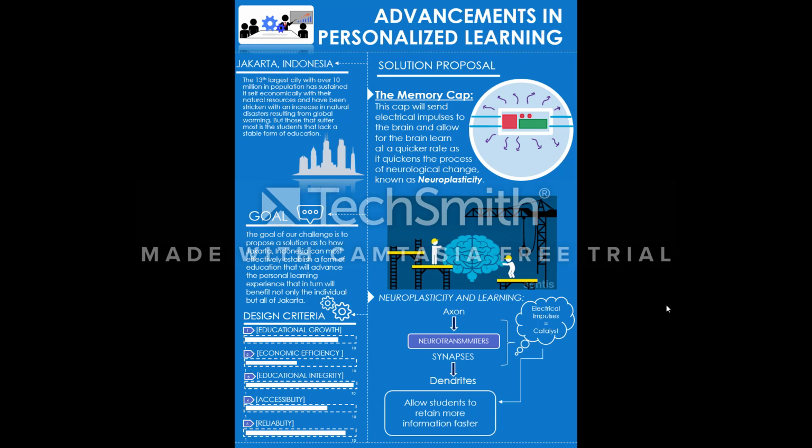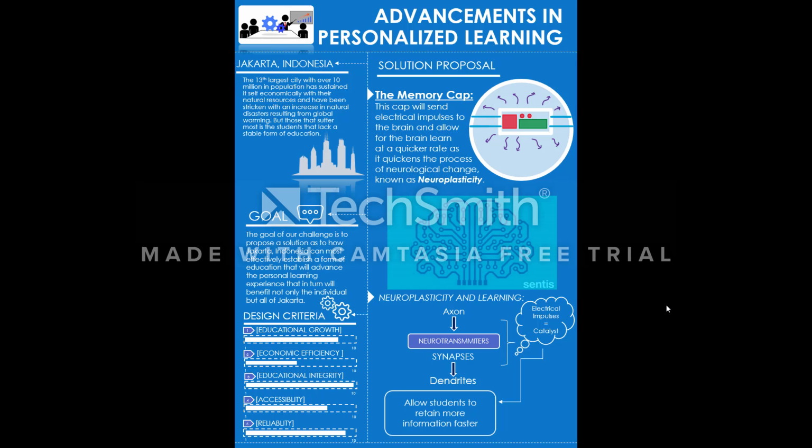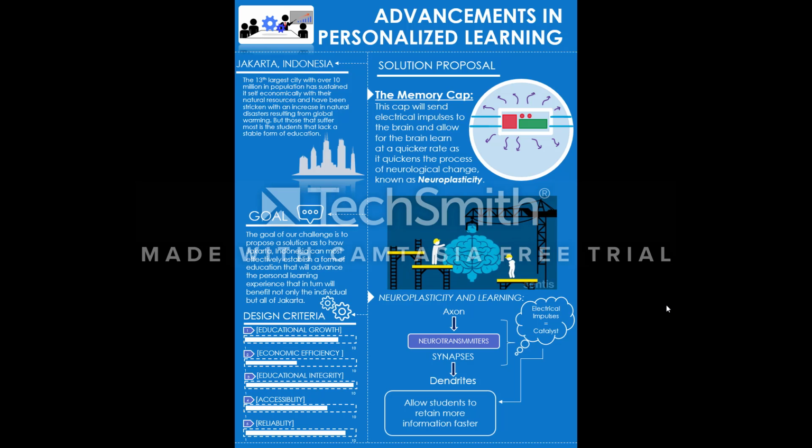Three, educational integrity is a 10 out of 10 because there's no way for anyone to cheat off of this. It's not like any common app or tool used today that students can input their information and be taken from other students. Four, accessibility is a 7 out of 10 because right now at the moment they're not as accessible, but once they are, they'll be very accessible and only develop just like your cell phone today.